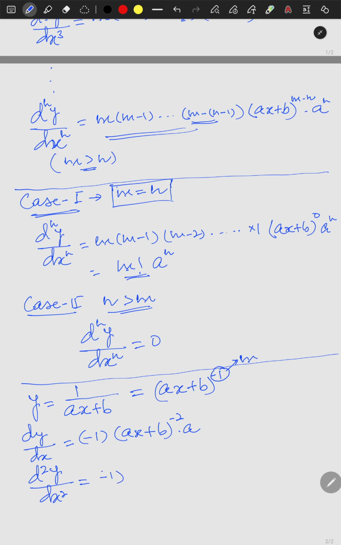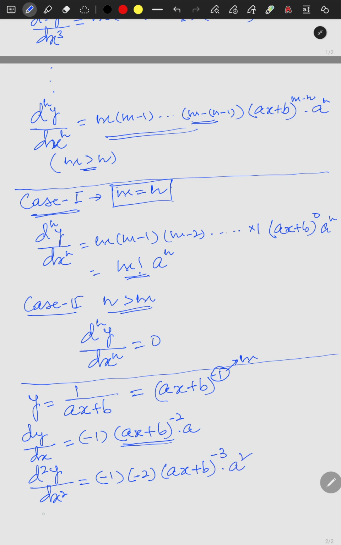So minus 1 is already here. Now next we are having minus 2. Basically we are differentiating this term, because minus 1 and a both are constant, so they will remain the same. We have to differentiate ax plus b to the power minus 2 again. So this will be minus 2 times ax plus b to the power minus 3, and here this is